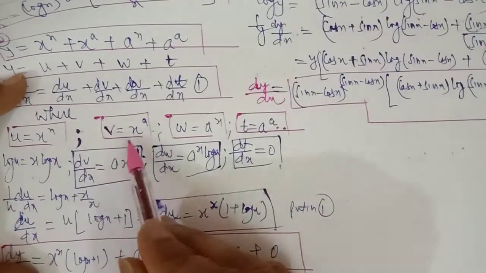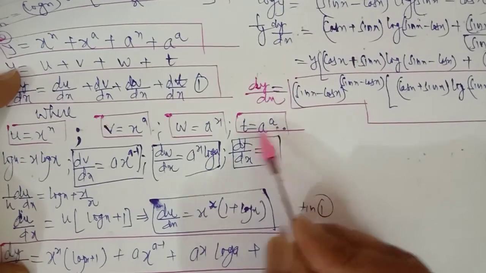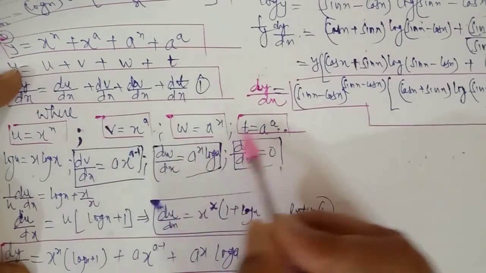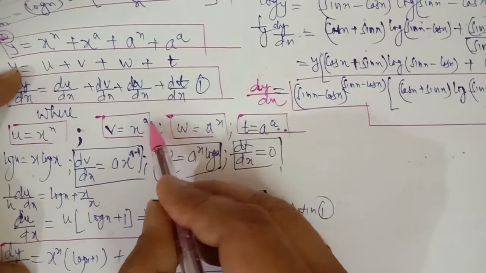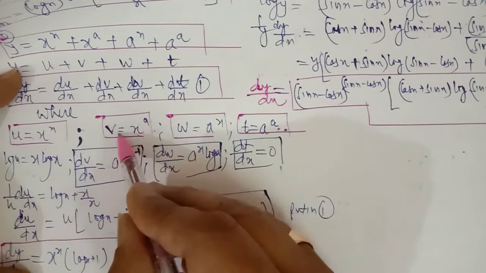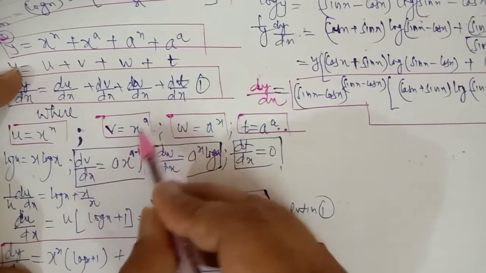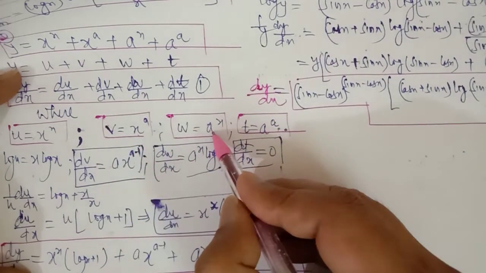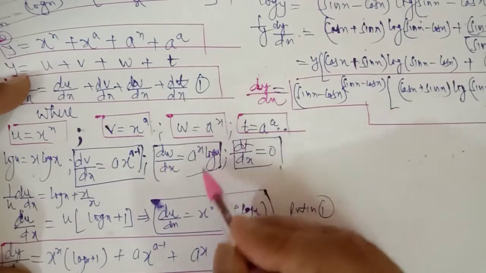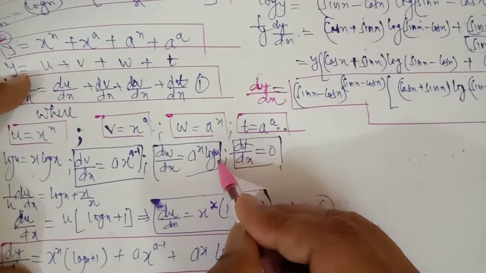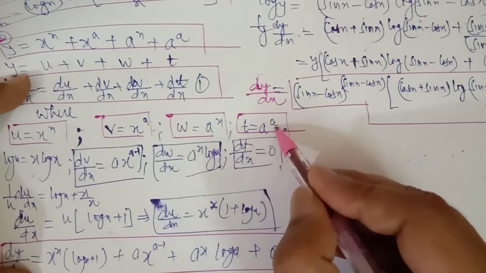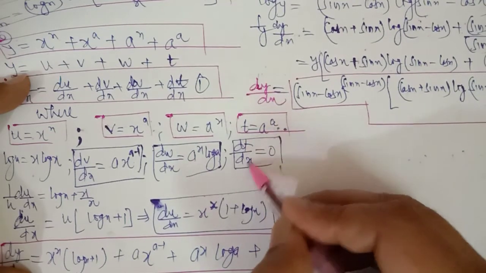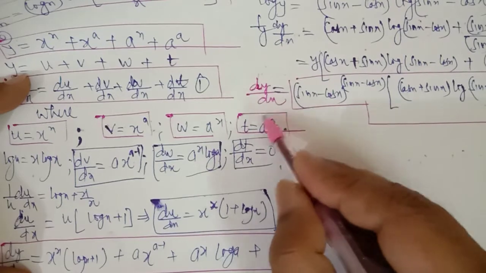Now if you see all the terms, these 4 terms, we see that we can differentiate these 3 terms without taking the log, because this is x raised to power a, which is of the form x raised to power n. So you can differentiate very easily. dv upon dx will be equal to a x raised to power a minus 1, and this is direct formula of a raised to power x, which is equal to a raised to power x log a, and this is the constant term, so its derivative will be equal to 0, that is dt upon dx will be equal to 0, because this is a constant term.